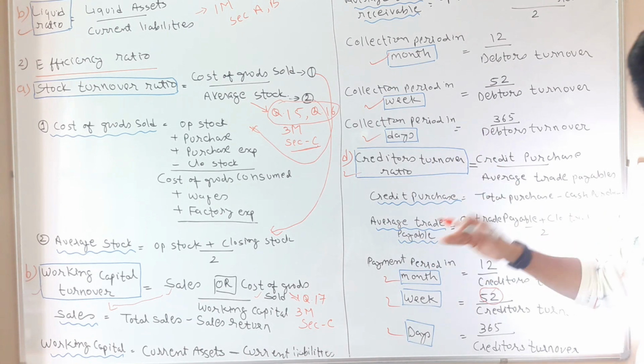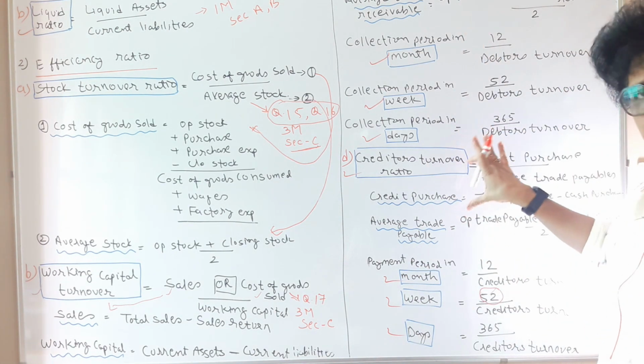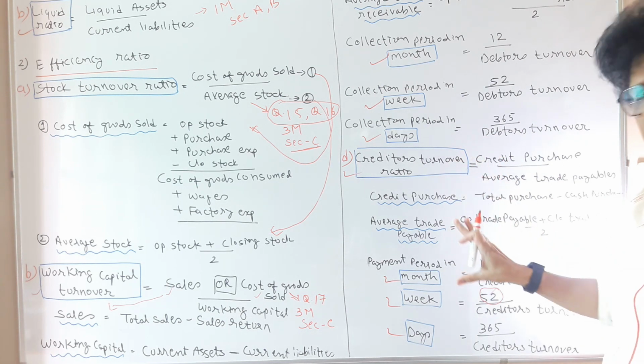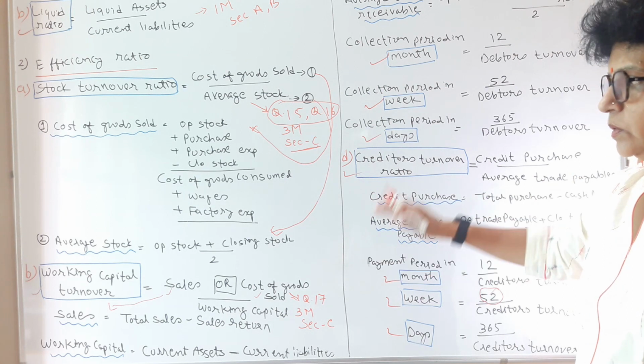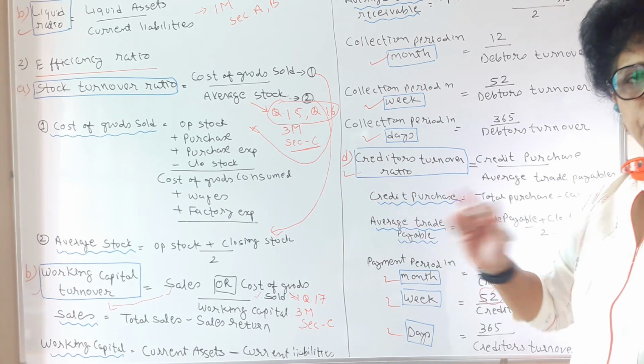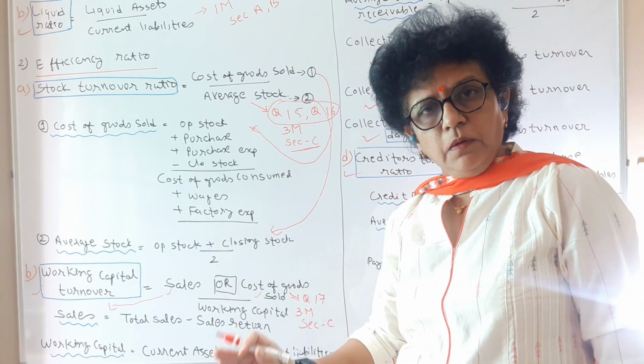You all have done the prelims. You must have observed that these questions are asked. One of the questions of the D section is going to be this one. So if you go through the formulas at a glance, easily you can solve the examples and you can score your marks.